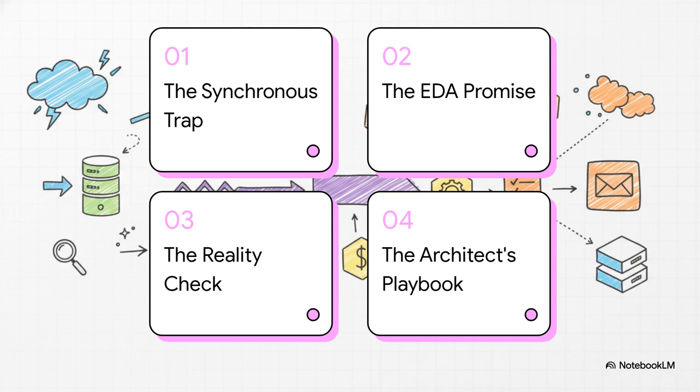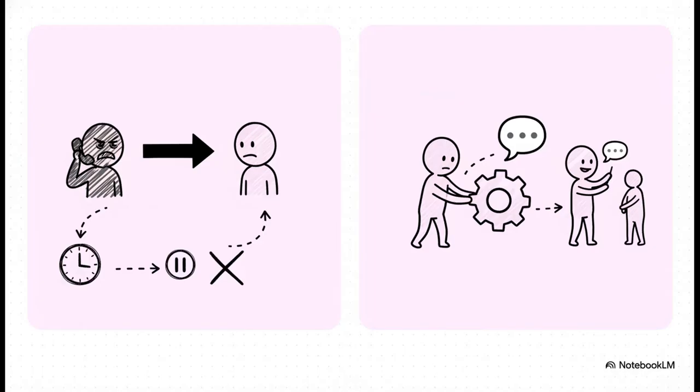To really get why this is a trap, you've got to understand the two basic ways services can talk to each other. Think of synchronous communication like a phone call. You dial, you ask a question, and then you just wait. You are stuck on that line, holding, until you get an answer. It's direct, sure, and pretty simple to follow, but what happens if the person on the other end puts you on hold forever? Your entire process is blocked. That, right there, is the trap.